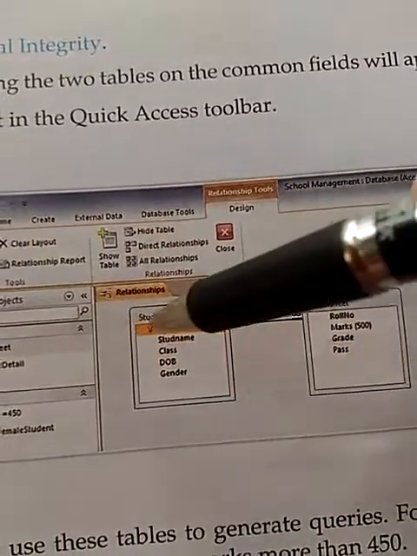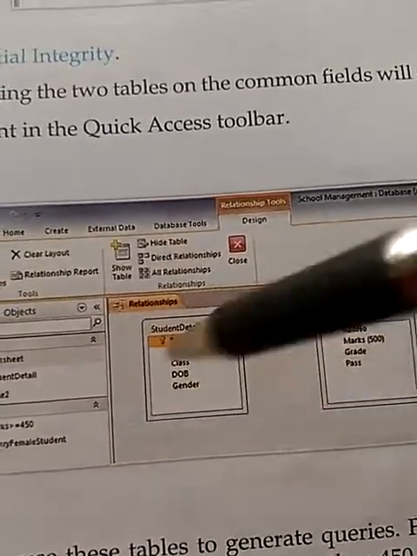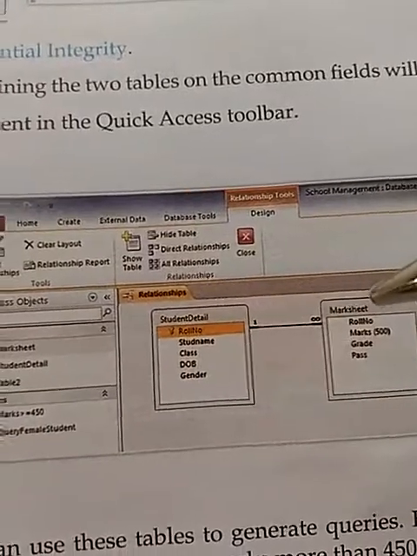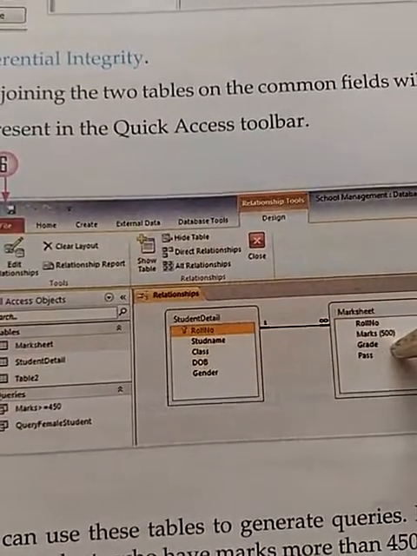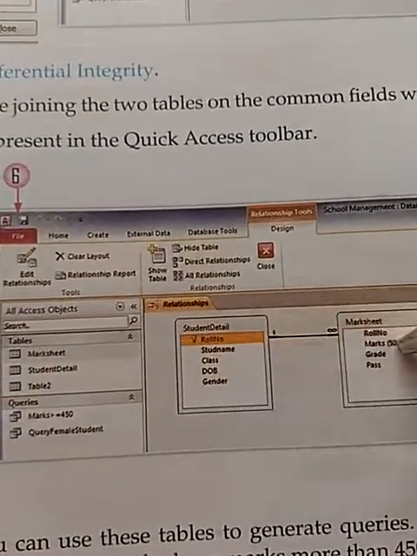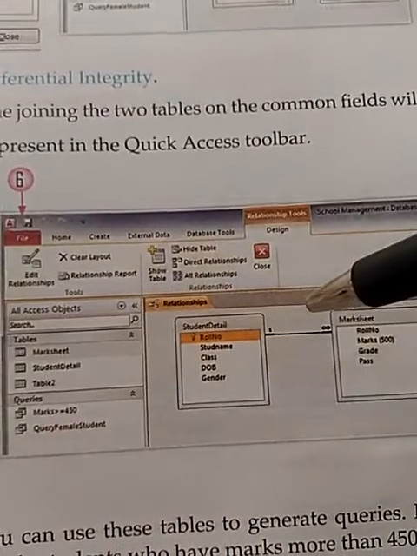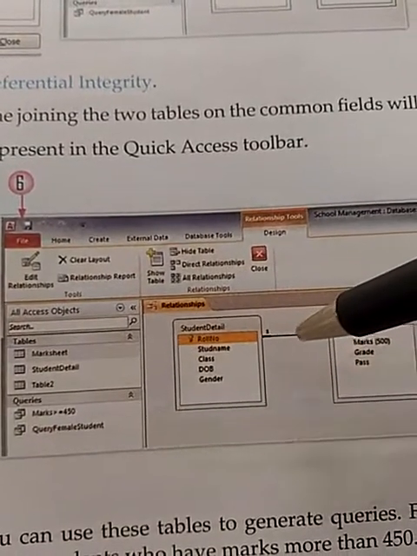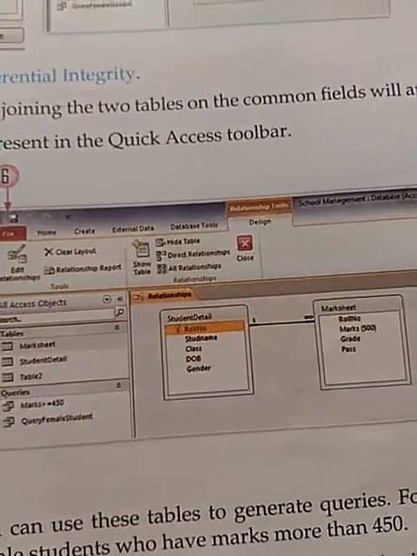It will match roll number 1 with roll number 1, roll number 2 with roll number 2. So the corresponding values will be matched, according to which the result will be fetched in the query. After setting the relationship, if you run the query, then you will find the result from multiple tables in the form of a single query.